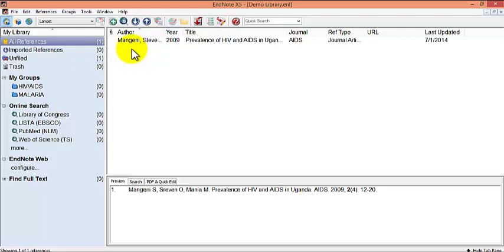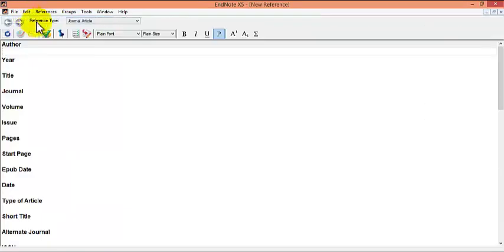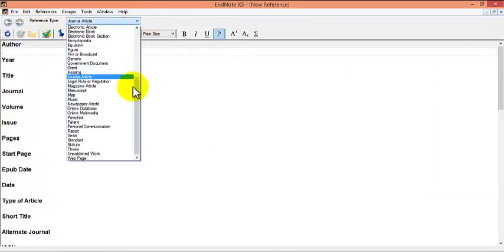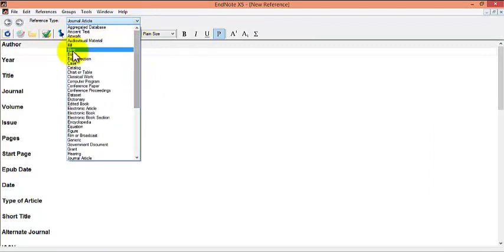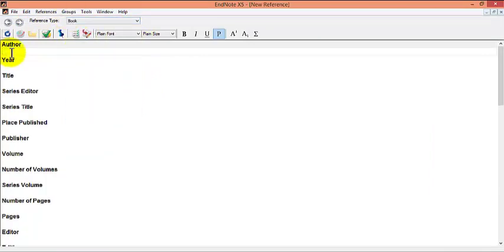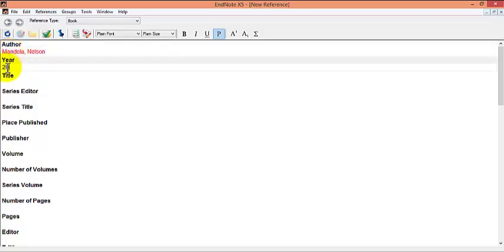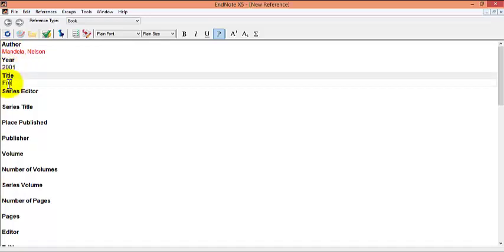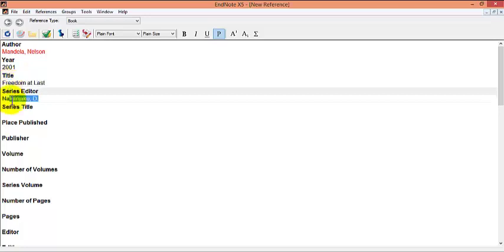Let's also generate another reference manually, but this time we are going to cite a book, not a journal article. So I'll go to References, select New Reference, and before I start filling the fields, I select a book. My book was authored by Mandela Nelson in 2001, and the title was Freedom at Last. The editor was Nana